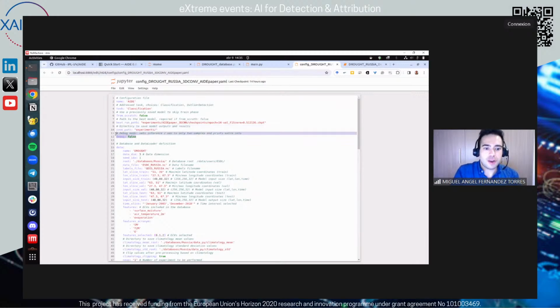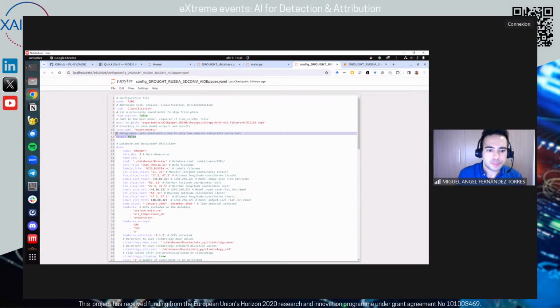Here we have a debug option. It consists in limiting the number of samples we are going to use through the different stages of the toolbox in order to verify that the whole pipeline is working properly. This is helpful because these are very time-consuming experiments. So I think it's a good practice to limit the number of samples in order to ensure the whole pipeline is correctly executed. And then once we have debugged the code, we are ready to run